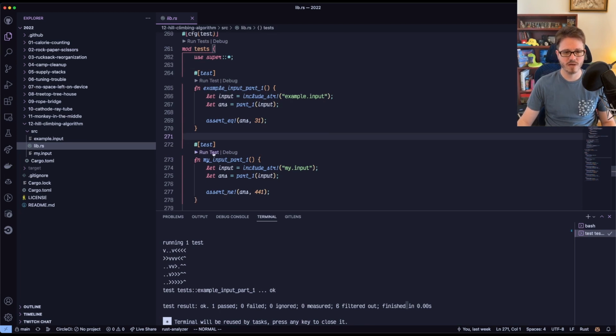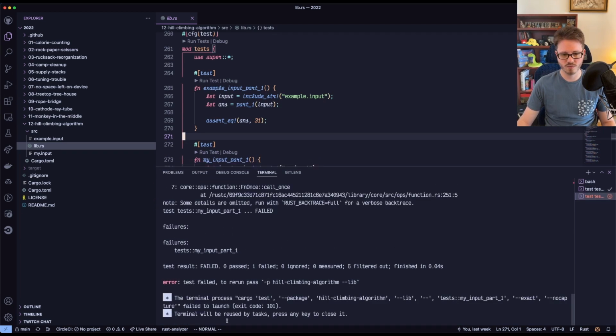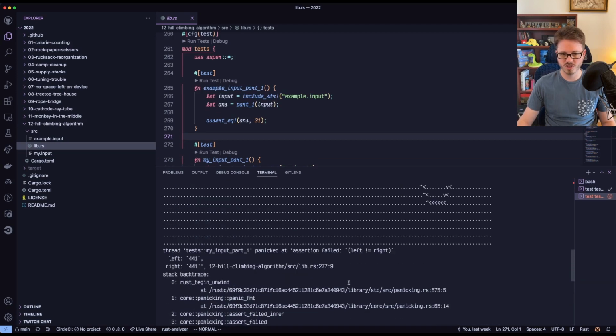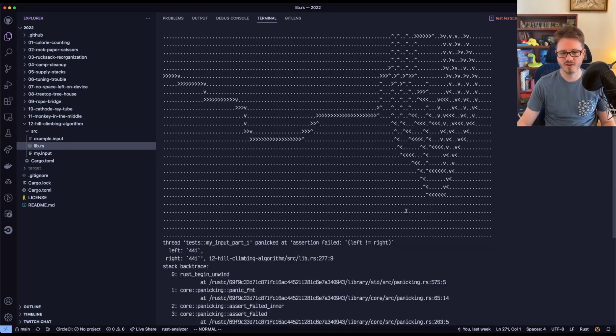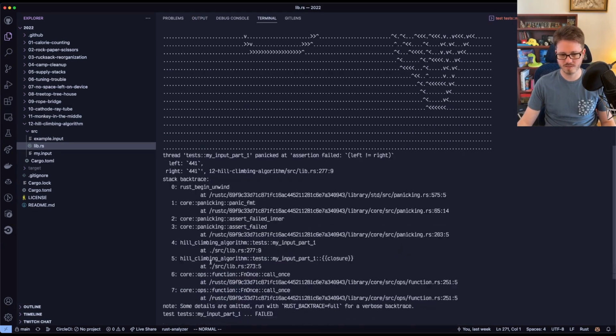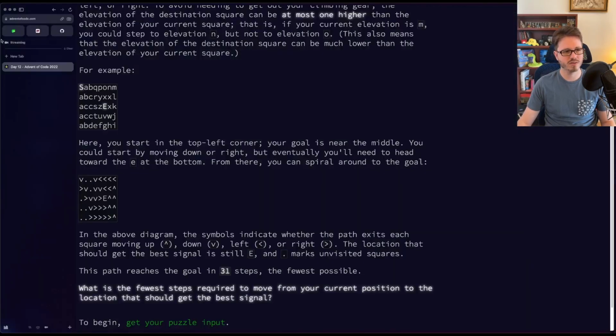But if we run it on mine, all I get is the answer 441, which I know is not the answer because Advent of Code has told me it's not, and I've asked a friend who also helped me confirm that it is not the right answer. Which makes sense. I didn't think it was, but it's very confusing to me because we get a path, and our path through the input looks